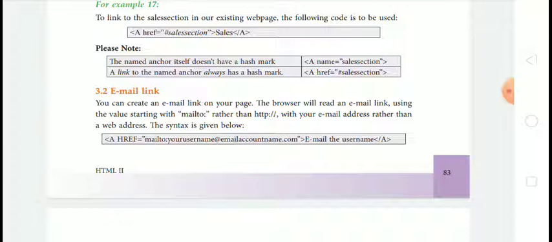Please note the named anchor itself doesn't have a hash mark: a name equal to cells section. A link to the named anchor always has a hash mark. Then a href equal to html.